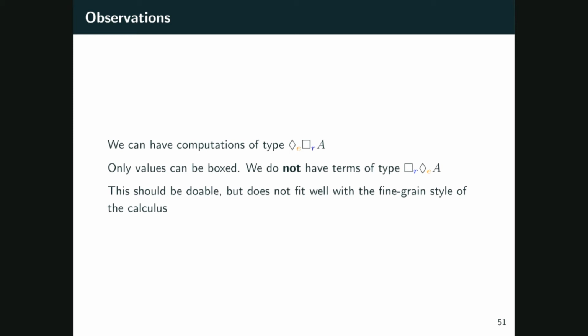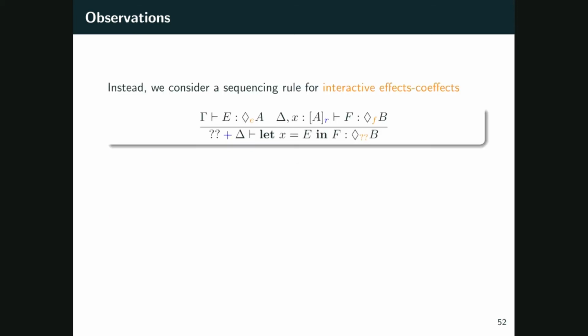I mean, having the diamond also as part of this graded judgment seems to me to not fit very well with the call by value fine-grained style of the calculus. Nonetheless, I agree that it would be useful to be able to have inhabitants for types such as a box diamond A, right? And at this moment, the calculus does not allow to have them, but what we can do